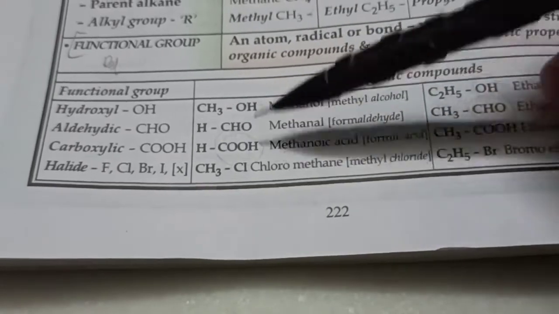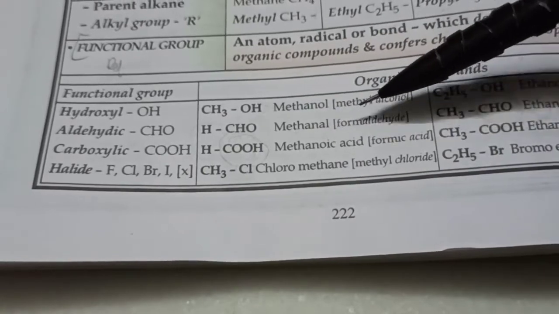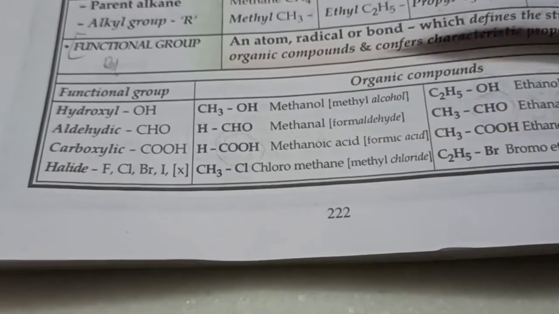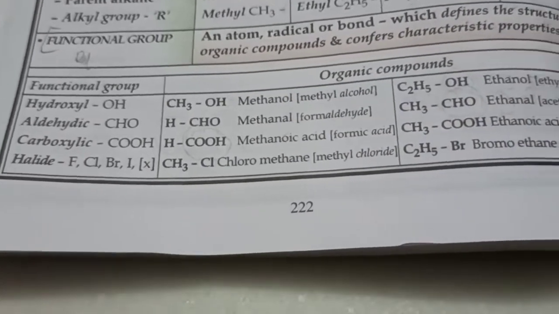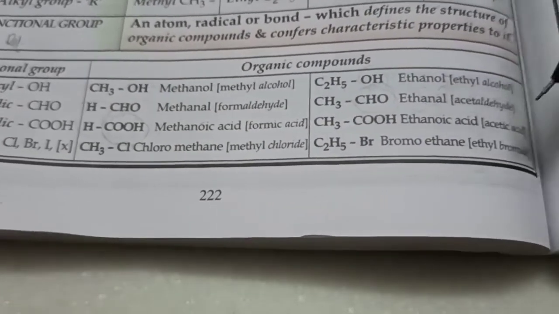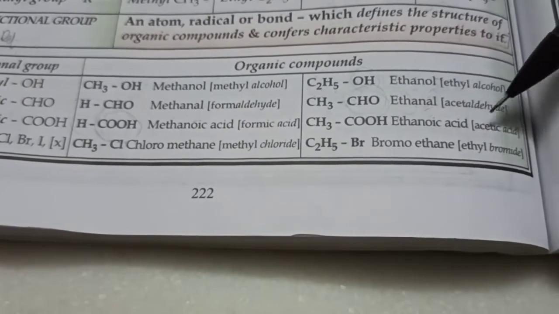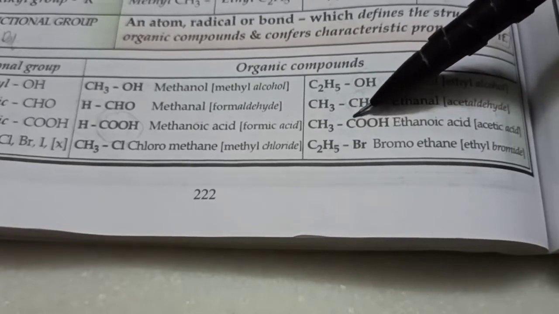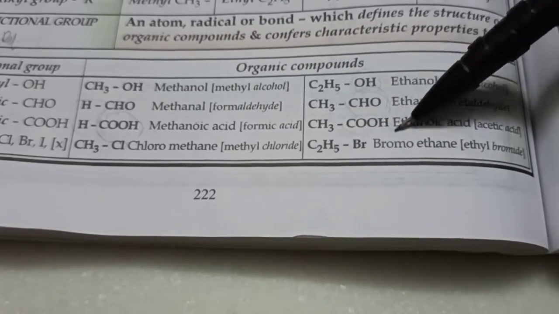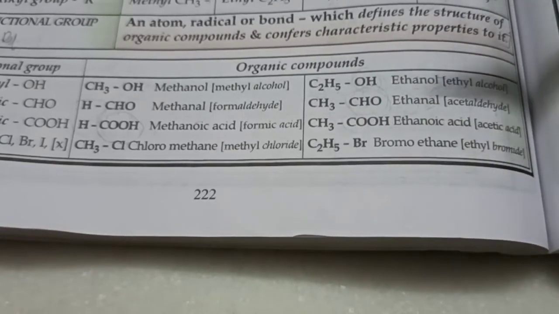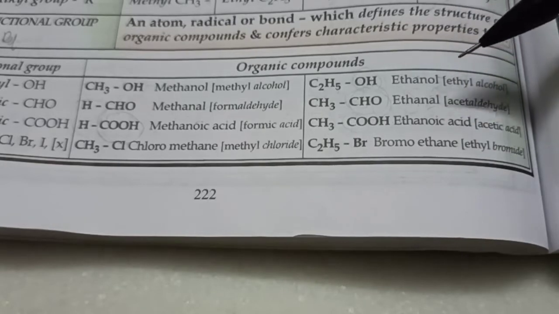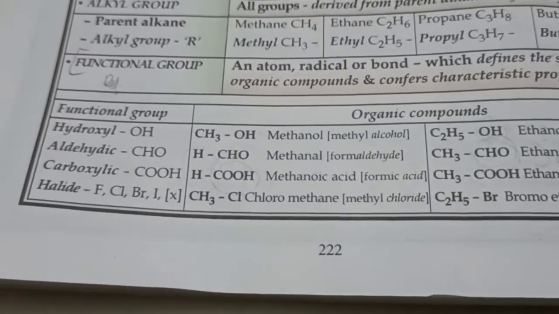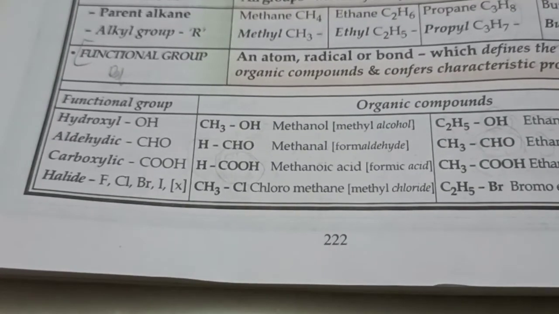The name of the compound is methanoic acid. 1 carbon atom, so methane. And whenever you see COOH, it's -oic acid always. Common name is formic acid. Another example is ethanoic acid. Common name is acetic acid, yeah. It's used in vinegar. And why ethanoic? Because 2 carbon atoms, that's why. I know this carbon is in the functional group, but even that has to be counted. What about the next member in this family, like propanoic acid, butanoic acid? Yeah, they have the same rules. But mostly in exam, they don't ask higher compounds, they ask the lower compounds.